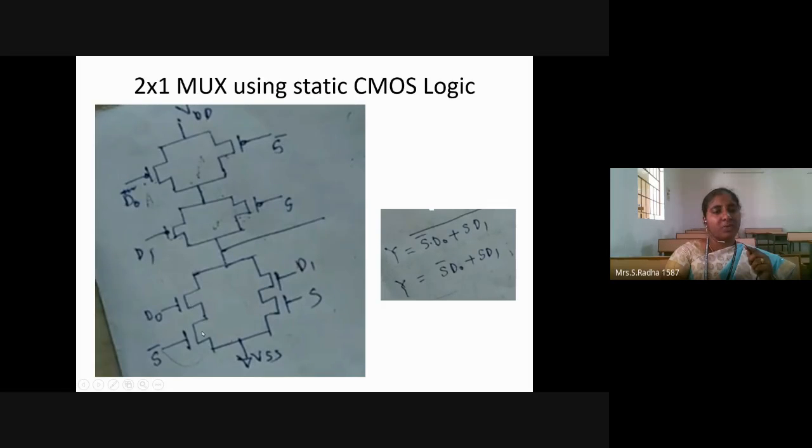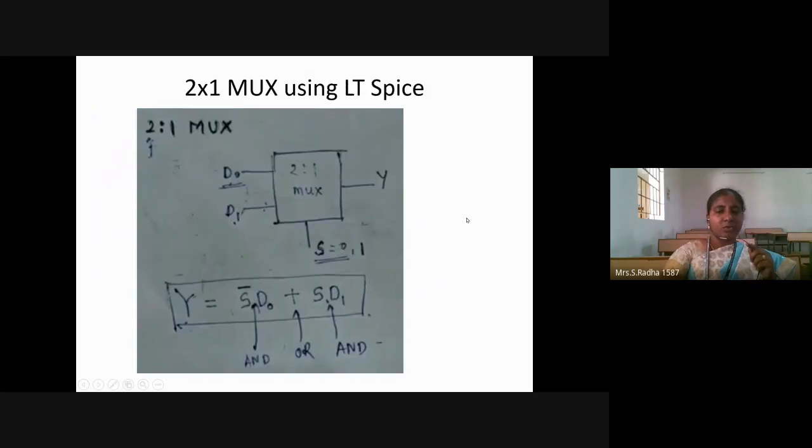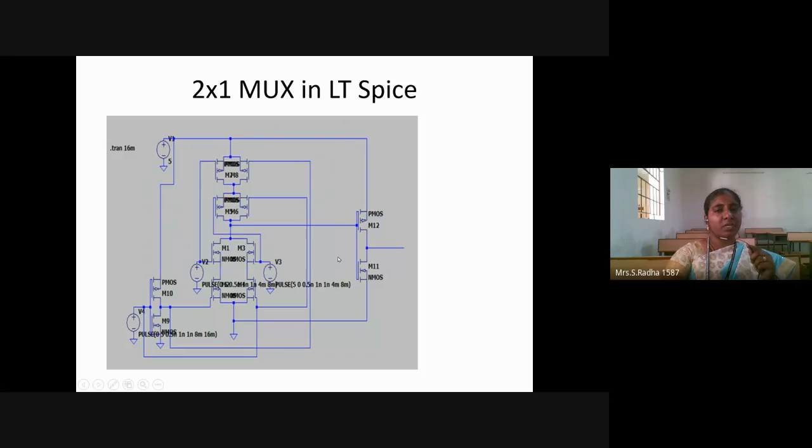Here opposite, one below the other means here you are putting one beside the other. Okay, same D0 and S bar. So this is the equation you are getting from this circuit diagram. But for the 2 by 1 multiplexer, the whole complement is not there. So at the output side, I will put one more inverter. So this final equation will be the output of the 2 by 1 mux.